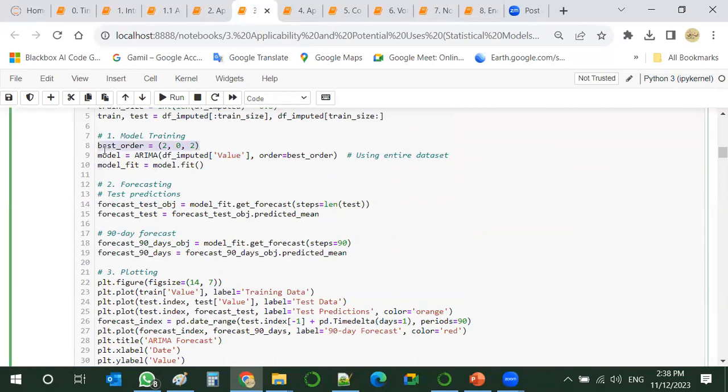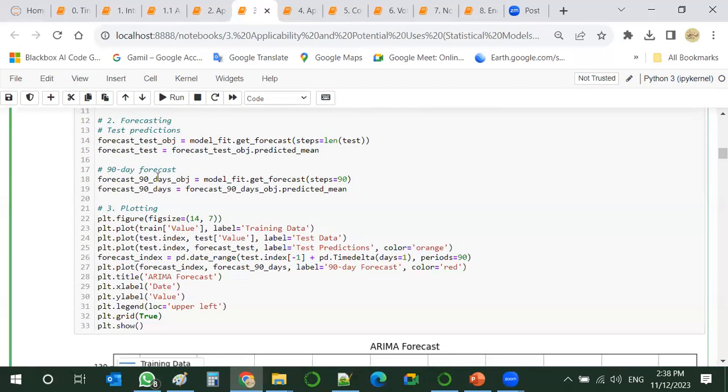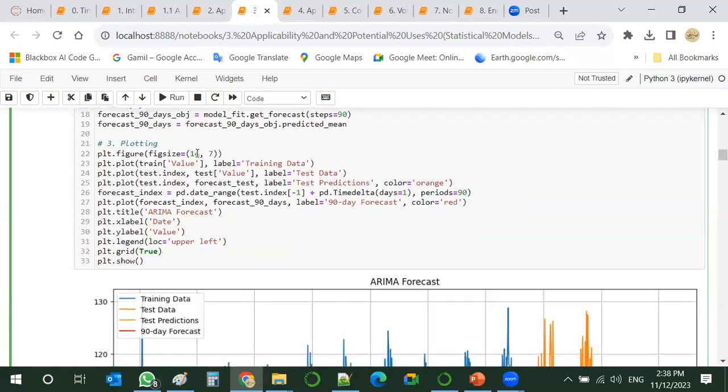We put our best order, we have our model, we call upon our data frame, we put the order as the best order that we have got for the entire data set, and we fit our model, we forecast, we do like a 90 days forecast. And let us see the plot.